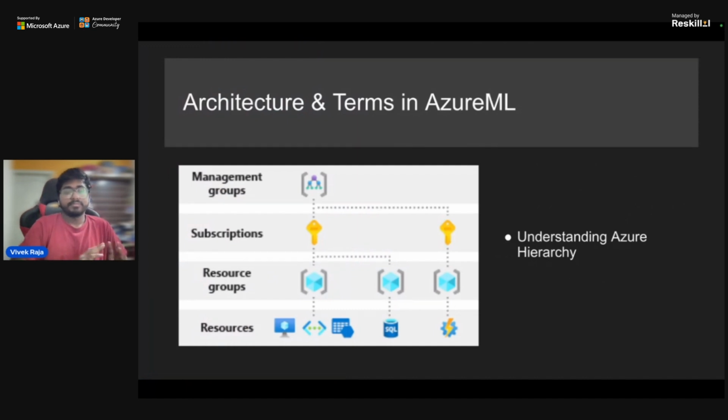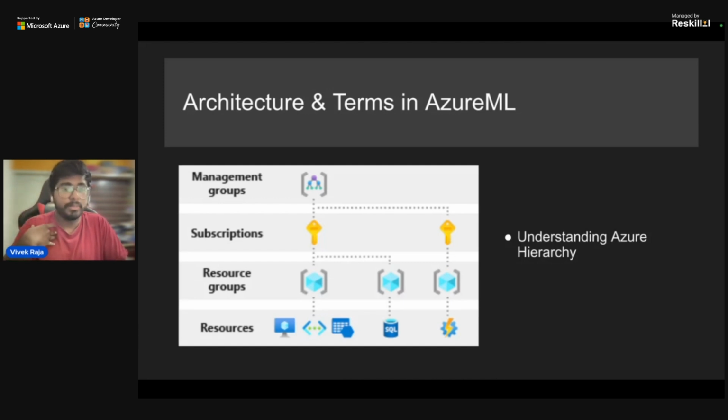On a broader level, if you are new to Azure itself, just go and create an account, and you will be able to see something called subscriptions. Subscriptions denote what you're eligible to do within that complete Azure account. For example, if you're on the free tier, that means you have a limit on what you can do with it.